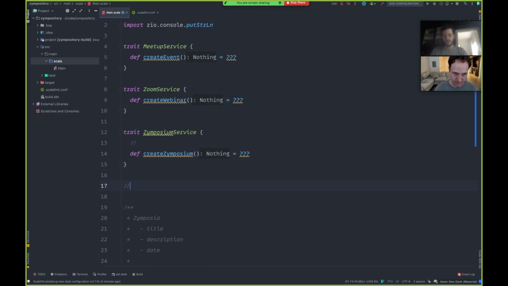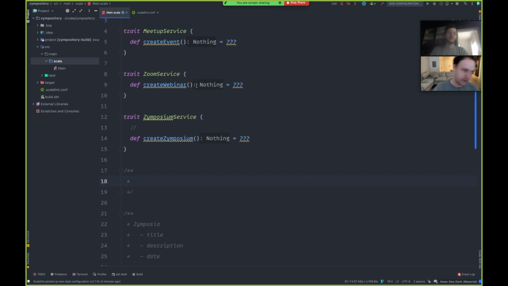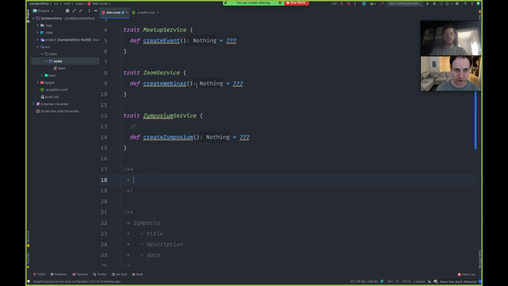But that would also abstract things out: if we ended up wanting it to depend on a MailChimp service that emails everyone signed up to our list to tell them, hey, here's the latest event, here's where it is, that would all be handled by the Symposium service, and we could just use that as the front end for all of it.